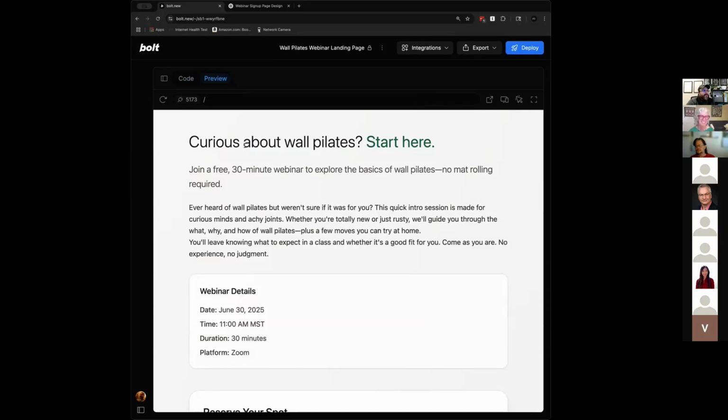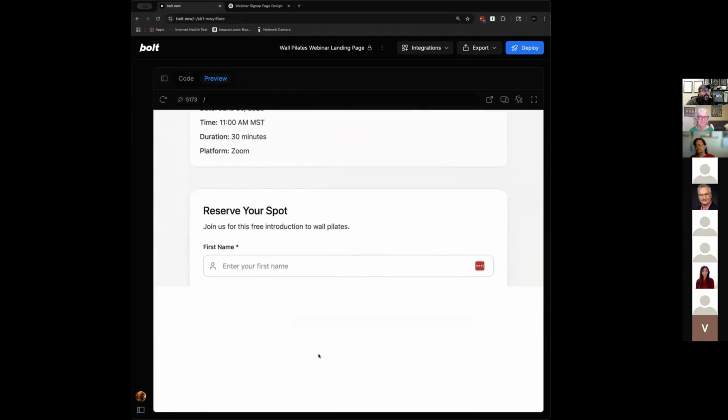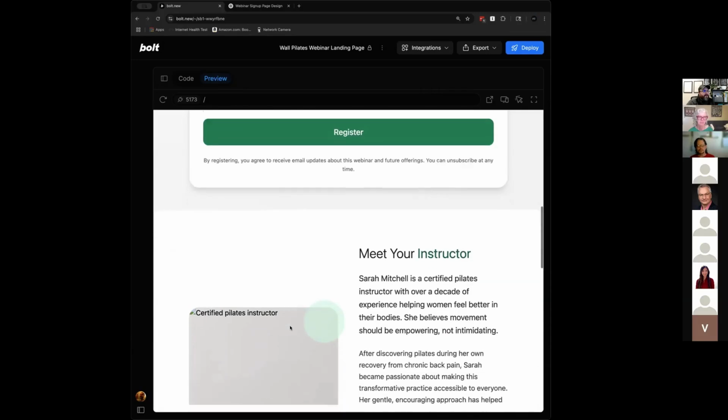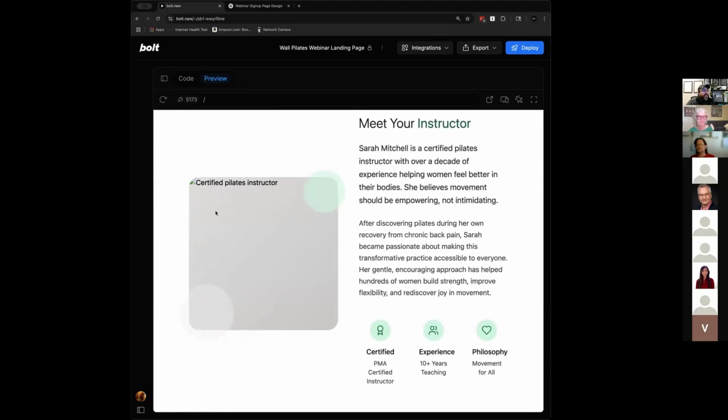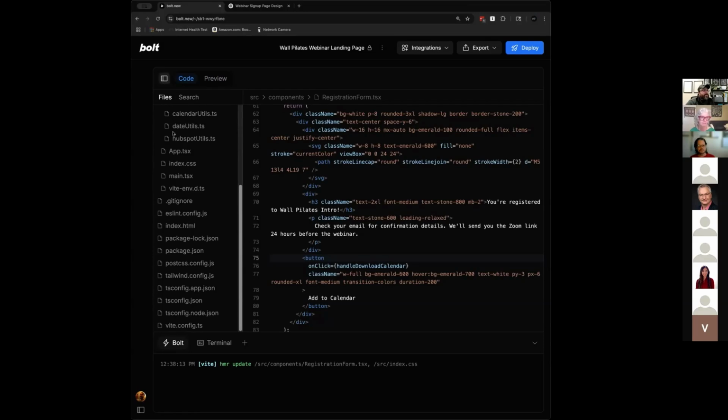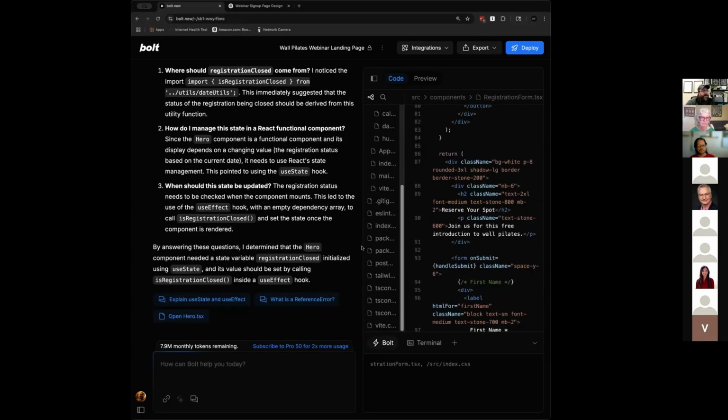So we have this very basic landing page. It has all the information. It's nice and big and easy to use. And then we can actually put an image here. So like Melissa, if we had a headshot, we could put that in. And what's really cool about Bolt is that you can either put the image in here and then it will put it in there, or you can drag an image into the folder directory and it'll handle it. Do you want to demo that quickly?